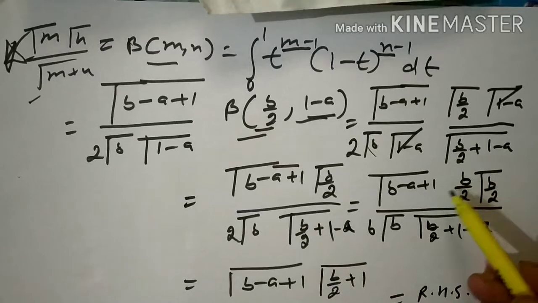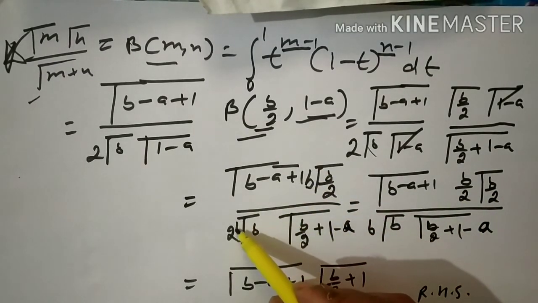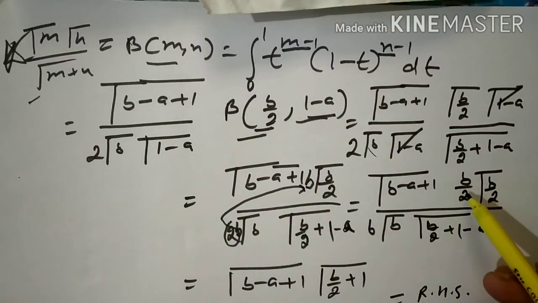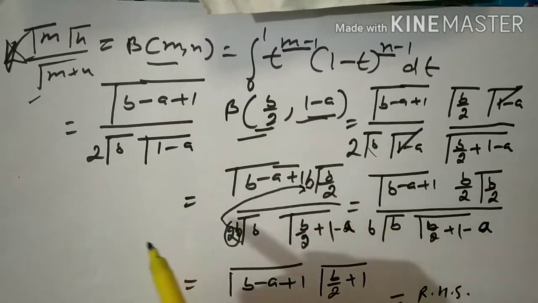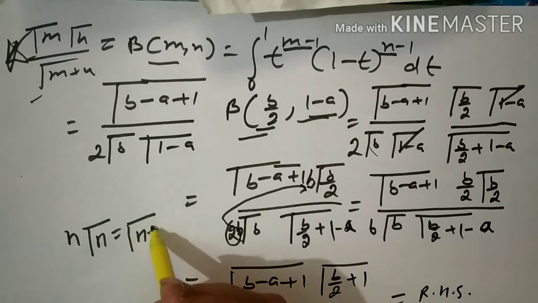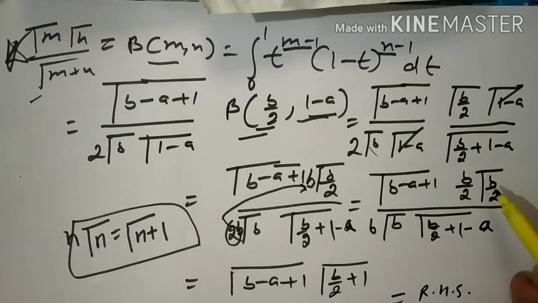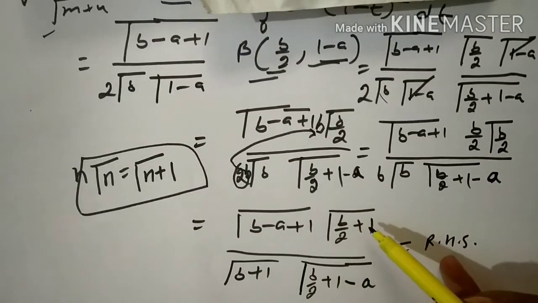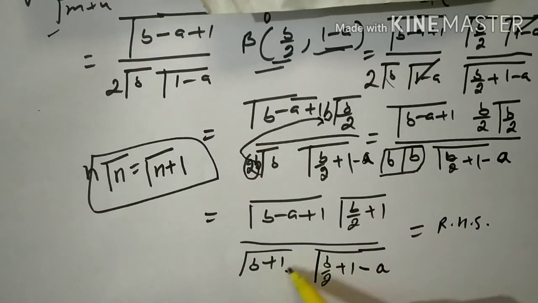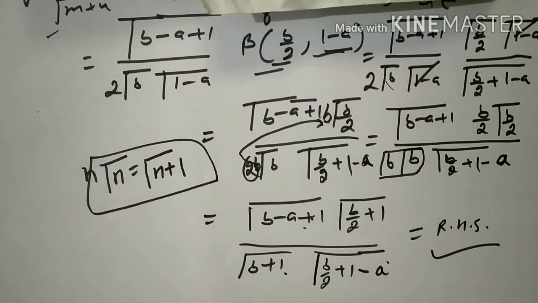Now what we do, we multiply both numerator and denominator by b. We multiply by b and we take this 2 in the numerator. So we write it as b by 2 into gamma of b by 2, because we have one result, n into gamma of n, we already know, is gamma of n plus 1. We use this result here. So b by 2 into gamma of b by 2 is gamma of b by 2 plus 1, and b into gamma of b is gamma of b plus 1. Other two terms remain same. So this is the result of Kummer's theorem.